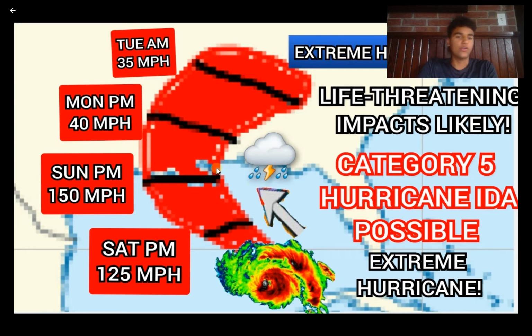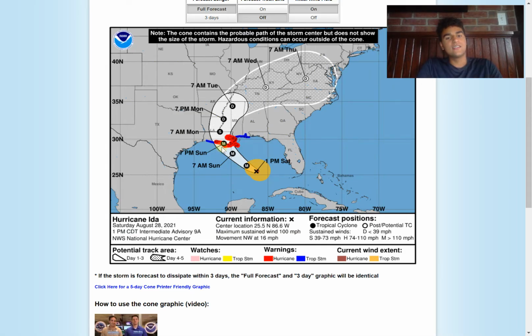Whether it is a category 3 storm, category 4, or category 5, we should see major and extreme impacts along the coast. So you guys need to pay close attention to this. In terms of what the National Hurricane Center is saying, you see it's pretty much the same sort of forecast track. We're both predicting a major hurricane to make landfall somewhere in Louisiana, and you see hurricane warnings extend all